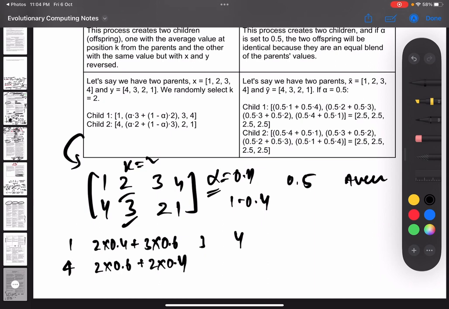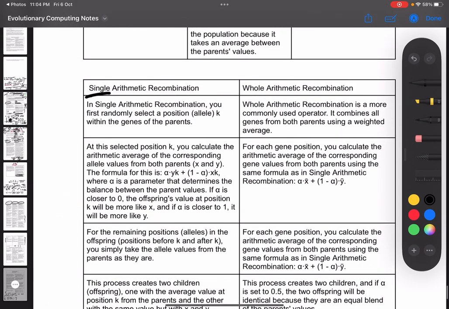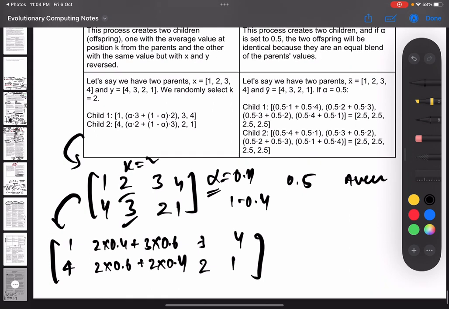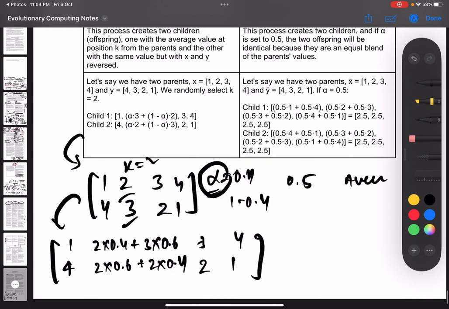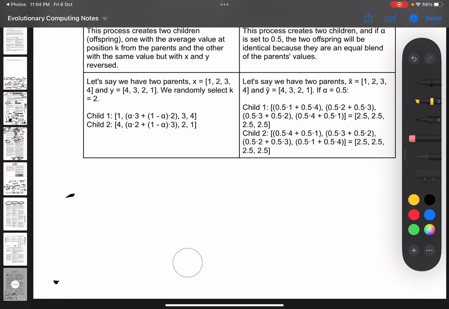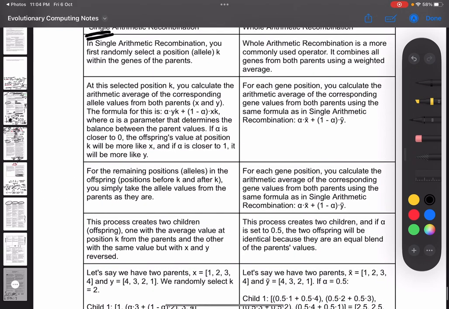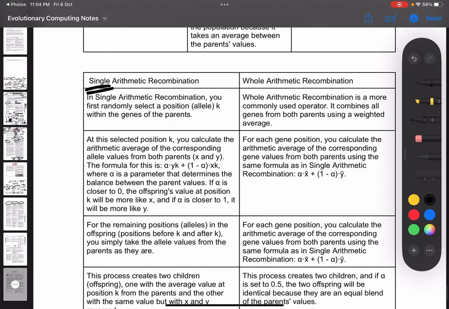Like this time I took 2 into 0.6, first time I took 2 into 0.4, and this will be 2, 1, right? These can be two offsprings that are created, and that's why it's called single arithmetic. That means we only apply this type of crossover at a single position that we choose randomly, and we apply it with a certain weight, which is called alpha. The other type of arithmetic operation being whole arithmetic